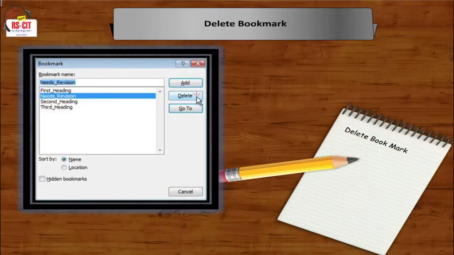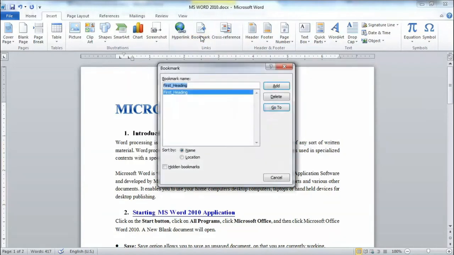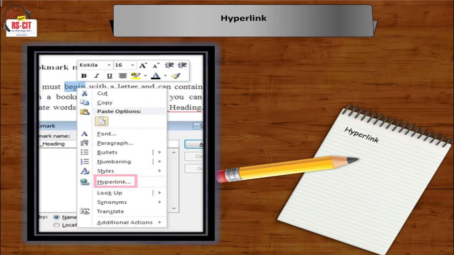Delete a bookmark. On the Insert tab in the Links group, click Bookmark. Click either name or location to sort the list of bookmarks in the document. Click the name of the bookmark you want to delete. Click Delete. Hyperlinks. When adding a hyperlink to a document or project of some sort, it is messy to simply